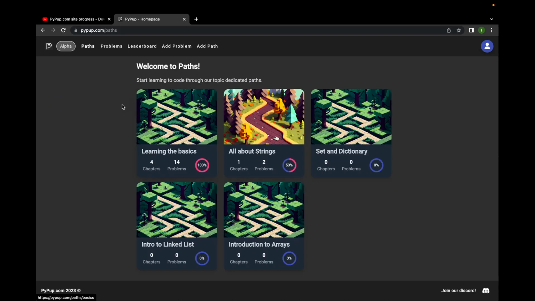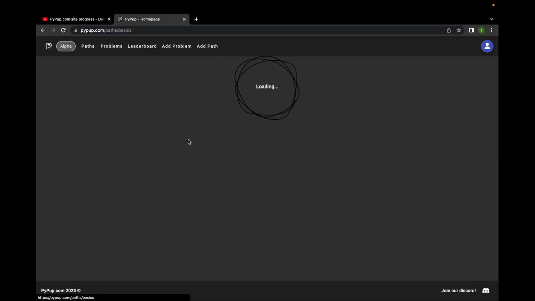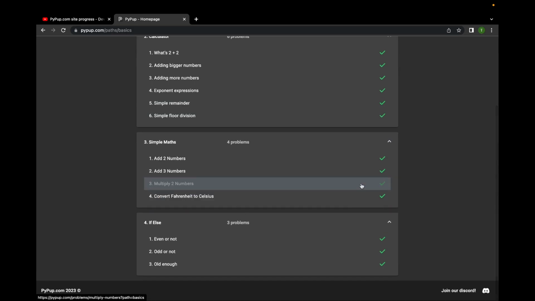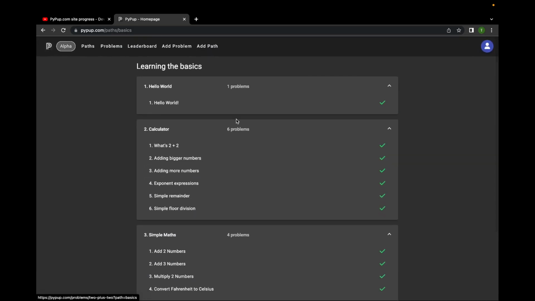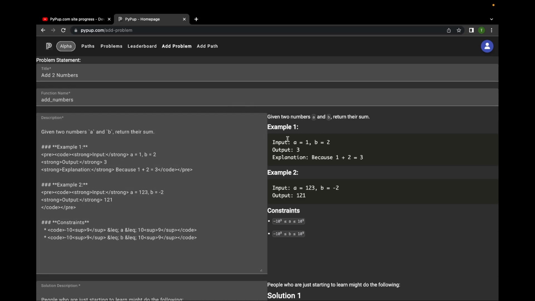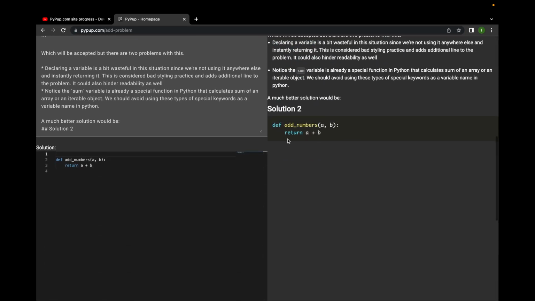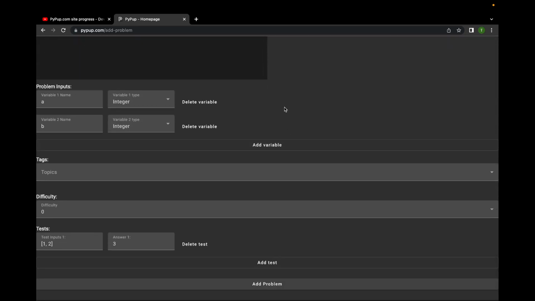The paths page I've already discussed. Go to the path, solve a problem, and the status will show up. All right. Okay, so we went to paths, problems, leaderboard, and then let's just go to the add problem. Add problem, I think I showed this before, but this is for admins to add problems essentially, and